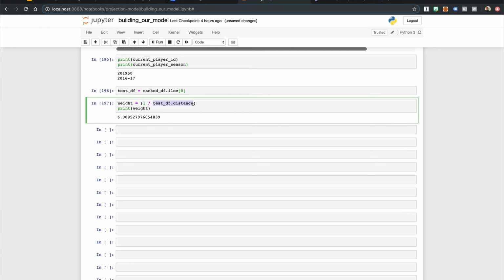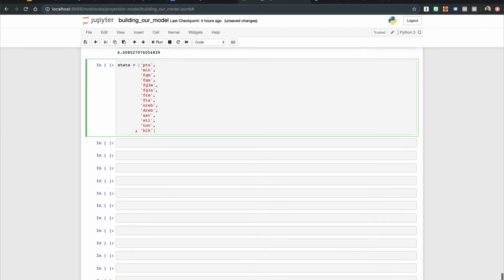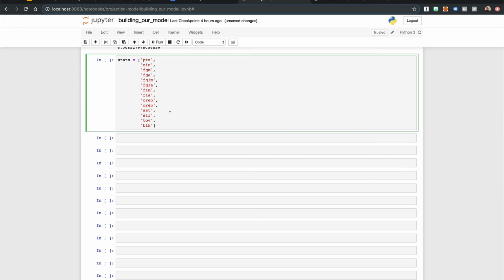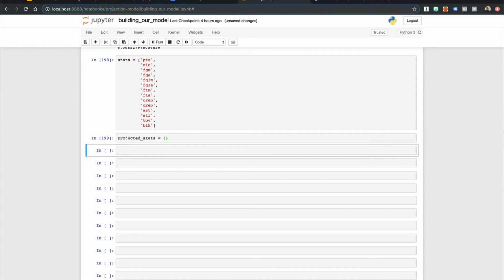We only care about the stat columns and not the player ID or season or games played, so let's create a list that we can use in the for loop. We'll just call this stats, and I'll drop in the stats we actually care about. Now, let's create an empty dictionary where we're going to store these stats. We can always turn this back into a data frame later. So the projected stats will be an empty dictionary,